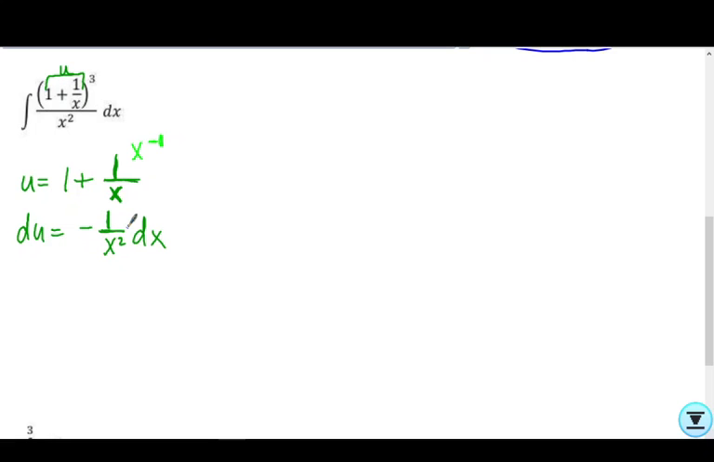Now, it doesn't look like I have that, but again, we've talked about this before. I can rewrite this as 1 plus 1 over x cubed times 1 over x squared dx, because dividing by x squared is the same thing as multiplying by its reciprocal, which gives me this. So, when we go to substitute, we do have to get this to be -du equals 1 over x squared